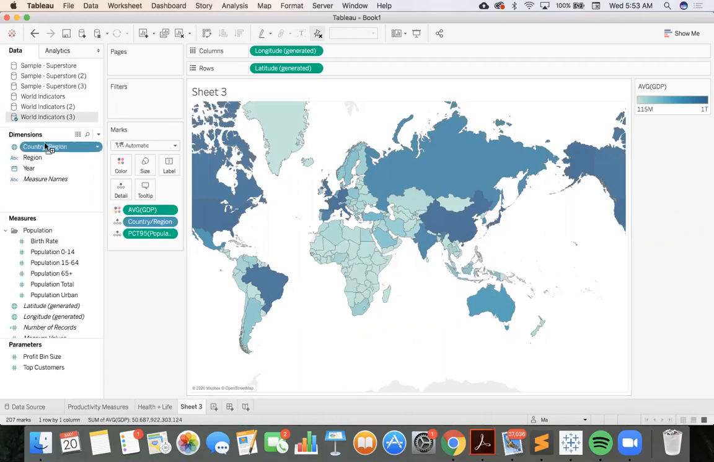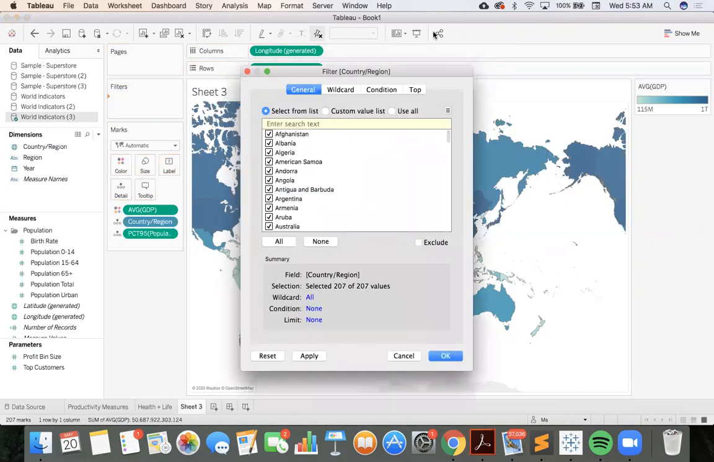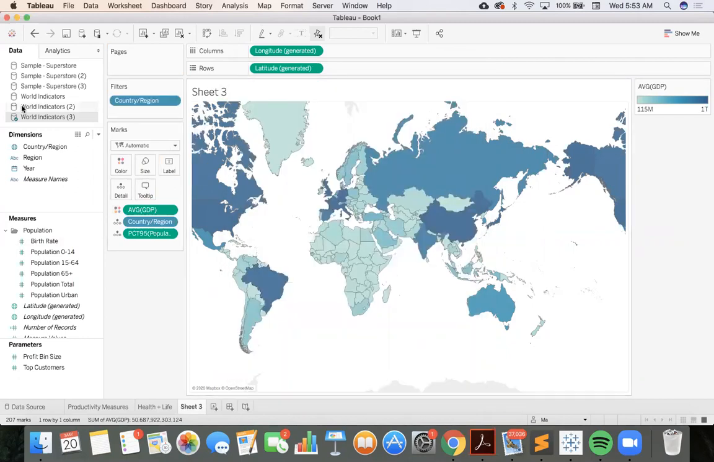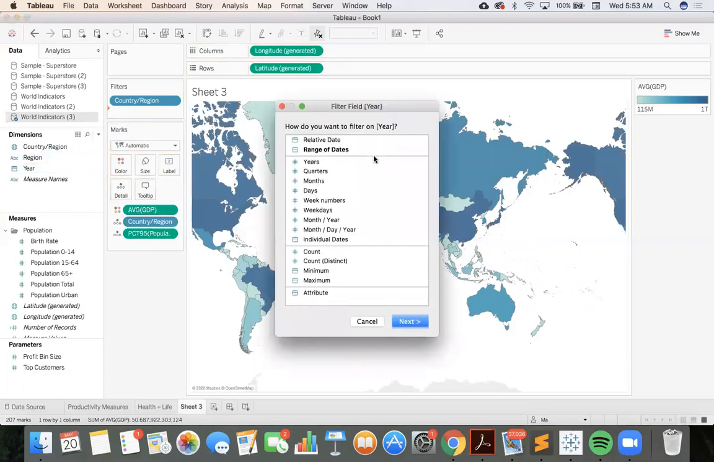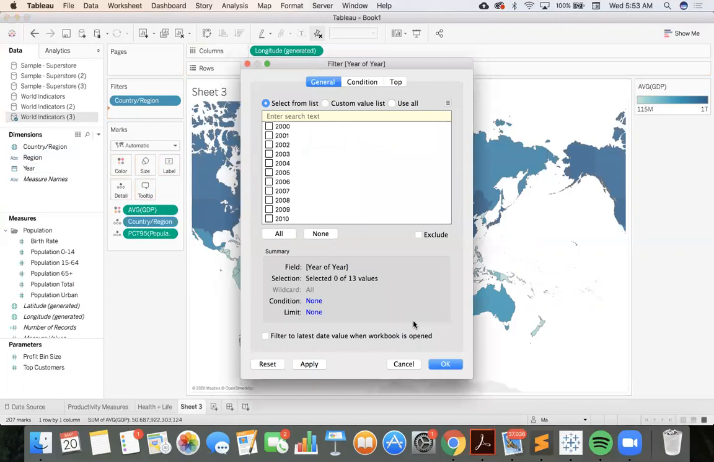So let's add the country region filter. Again, we're going to use all, and we'll also be adding year. And select year. You can choose any time frame or time period that you'd like. For our purposes, year is appropriate. And then, actually, I will show y'all